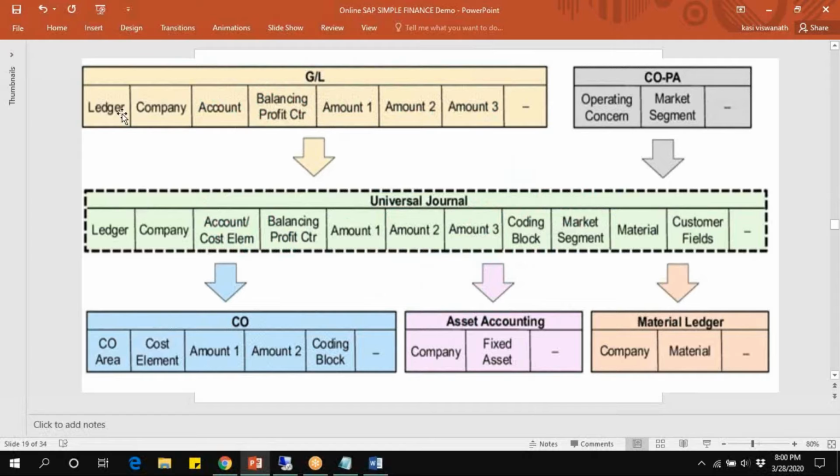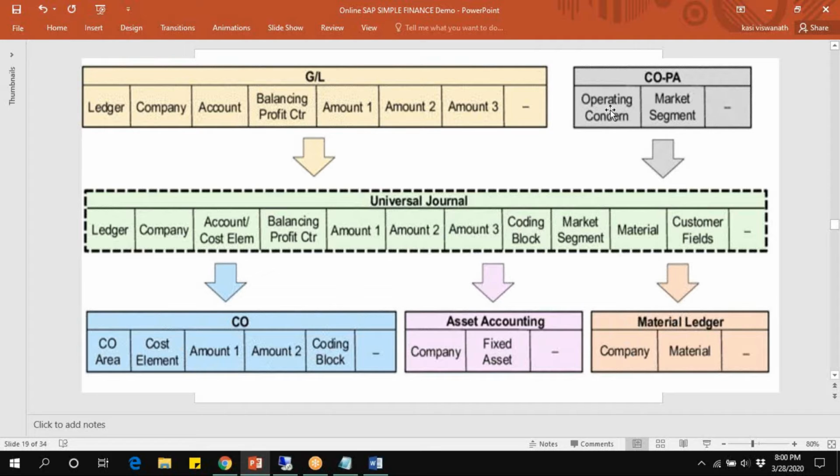Here in general ledger: ledger, company code, account, balancing profit center, amount 1. And in controlling: controlling area, cost element, amount 1, coding block. Asset accounting: company, fixed assets. Material ledger: company, material.